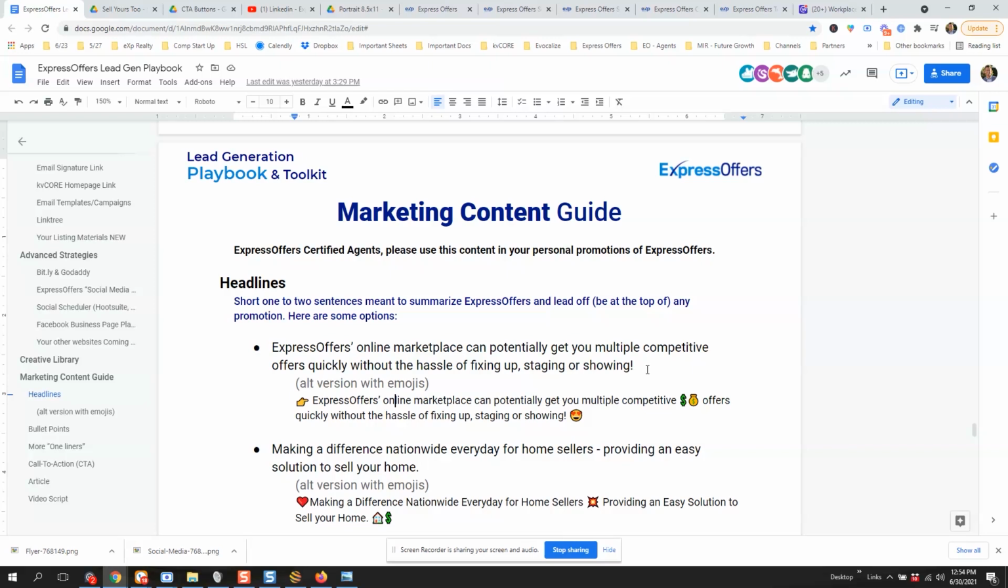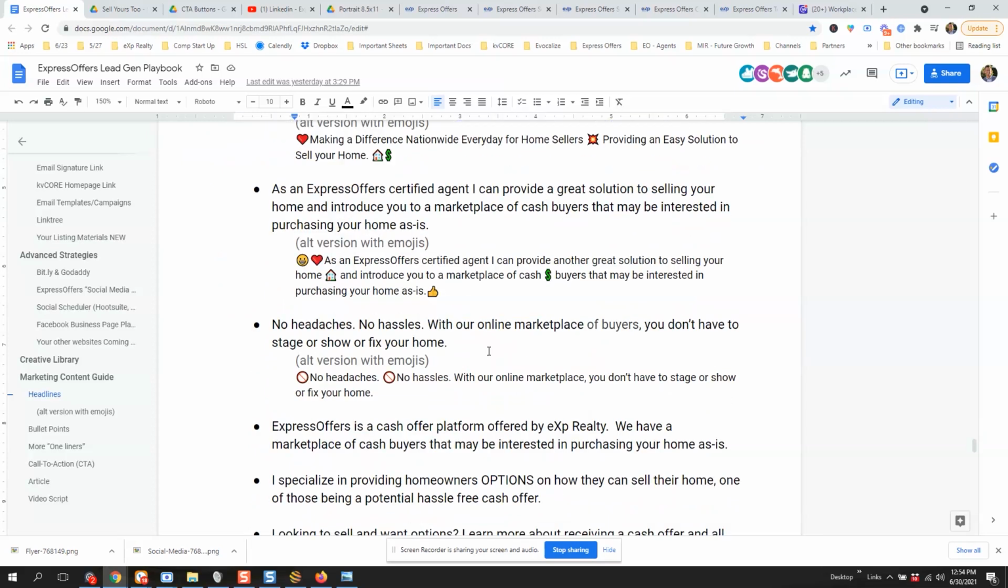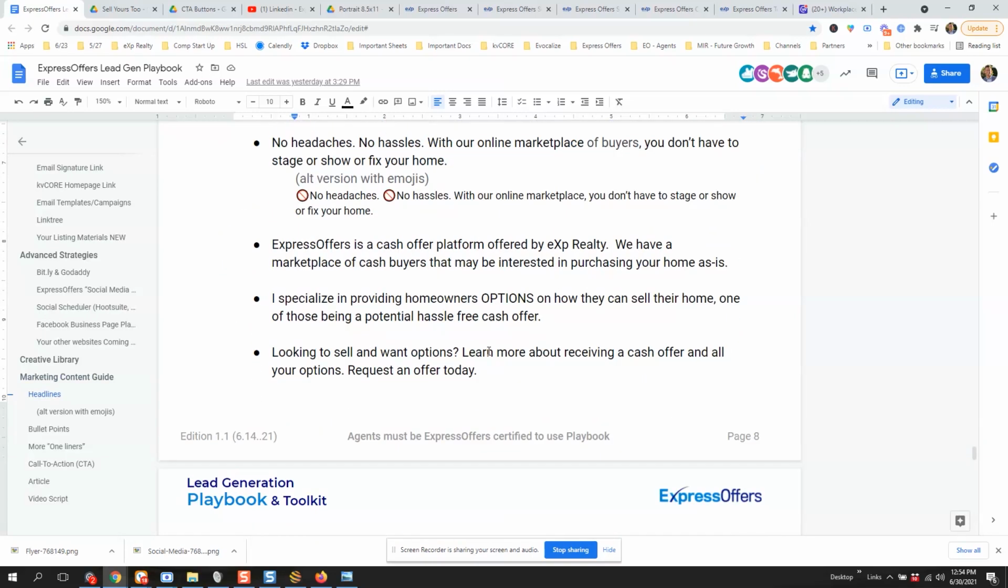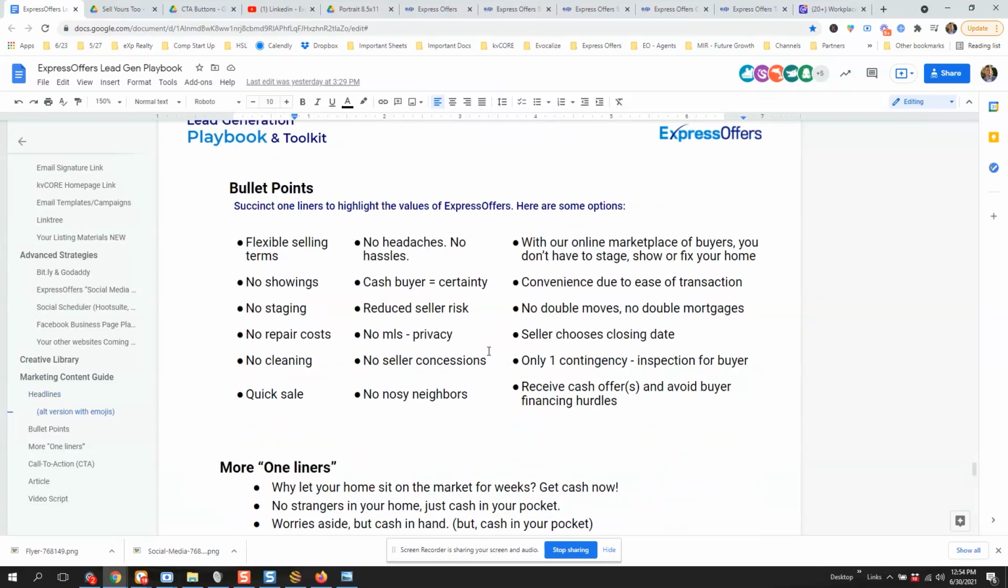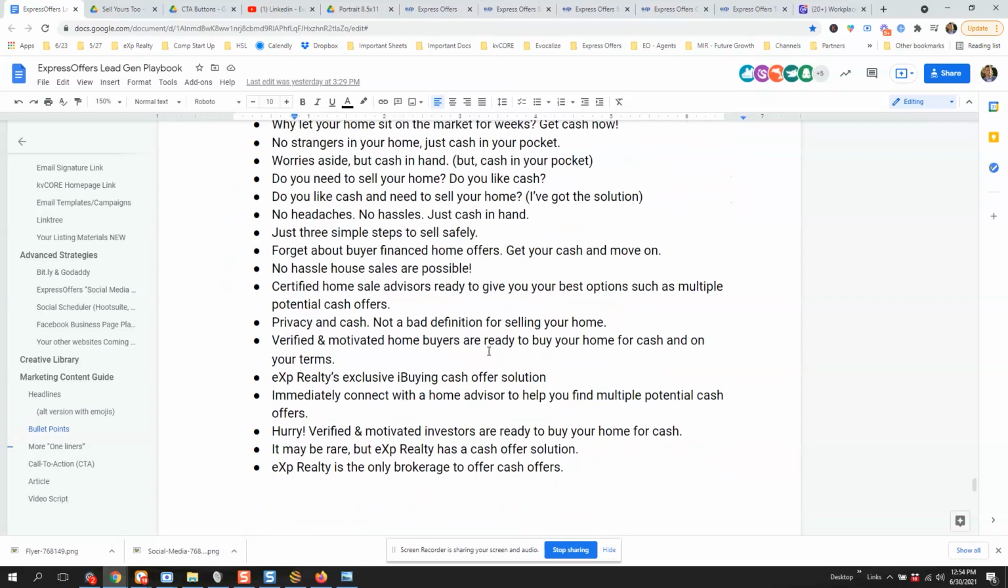So you don't have to think about doing a graphic. You don't have to think about writing anything. You grab the graphic, you come down, you grab a headline that's been pre-approved, or whatever text, and copy and paste it into the Facebook post or wherever, and you're good to go. We've got tons of headlines here, short blurbs, whatever you want to call them. We've got bullet points that you can pull from, more one-liners,